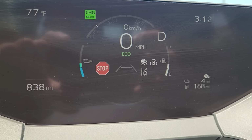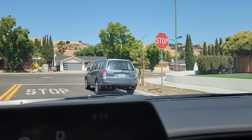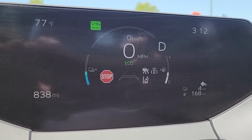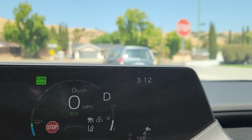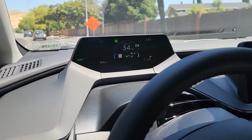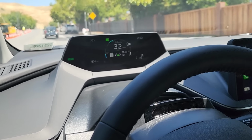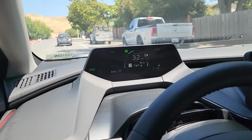The fifth safety feature is road sign assist. Again, pretty much nothing new. Maybe it picks up on a couple of new signs now, but road sign assist will display in the multi-information display what the speed limit is, if there's a stop sign coming up, if there's any yields, pretty much any road signs that the camera picks up, it'll just display on your multi-information display. And it's useful. One thing that I don't like about road sign assist, especially in this newest version, is if you're going even 1 mile per hour over the speed limit that's on the multi-information display is just going to